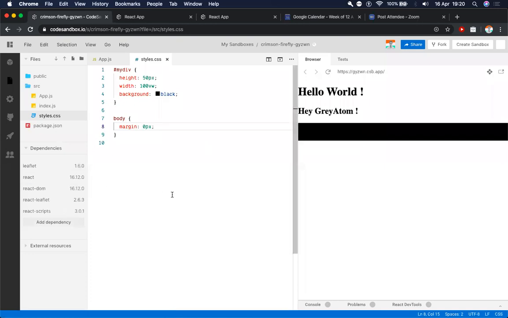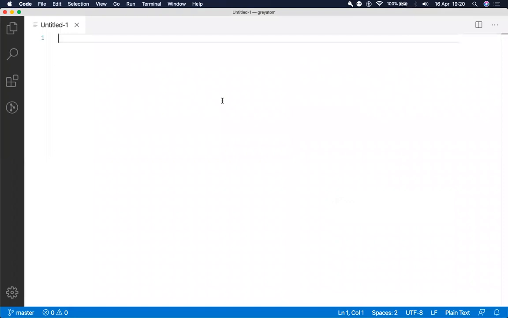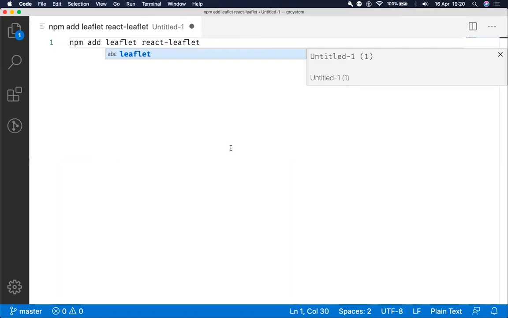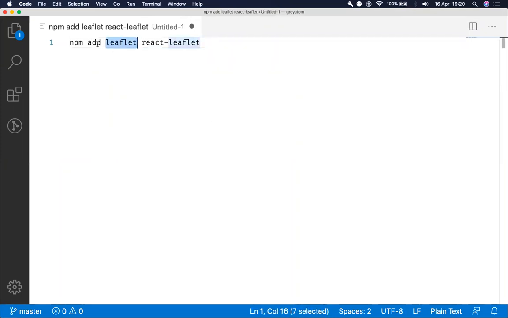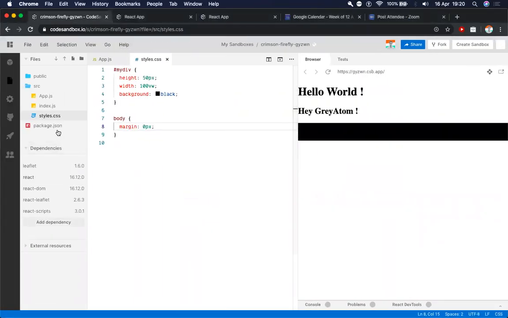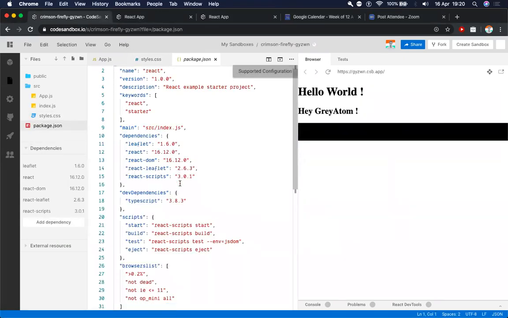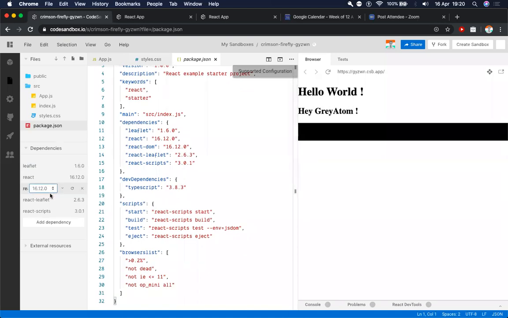So we have added both of those libraries. I think they got downloaded there. And at the same time, the command for adding them locally would be something like npm add leaflet react-leaflet. So basically what this command does is that it installs these two libraries locally and also adds them to your package.json. package.json is what Node uses to maintain the dependencies of your application. We saw that we had added React Leaflet and Leaflet here, and we see that it is automatically getting updated here with their appropriate latest versions.